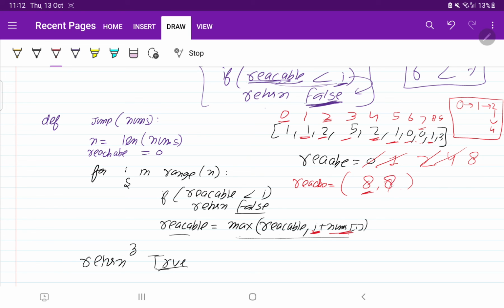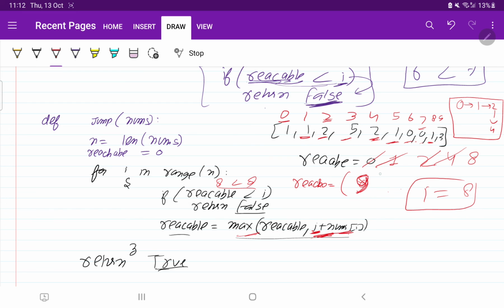After I value becomes 8, it will come here and check: 8 is less than 8, is this condition true? Not true. So it will again update the reachable. What is the reachable now? Sorry, here it is 9. So reachable will be 9.